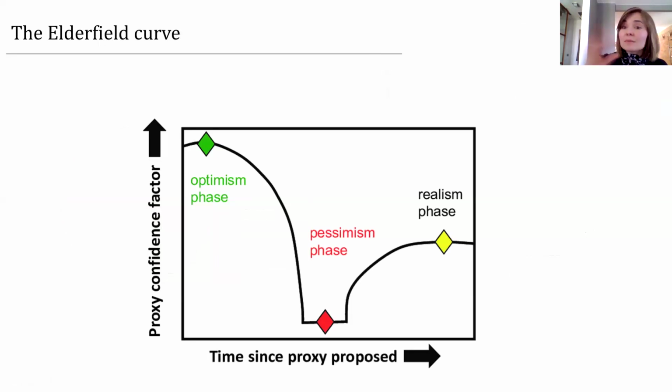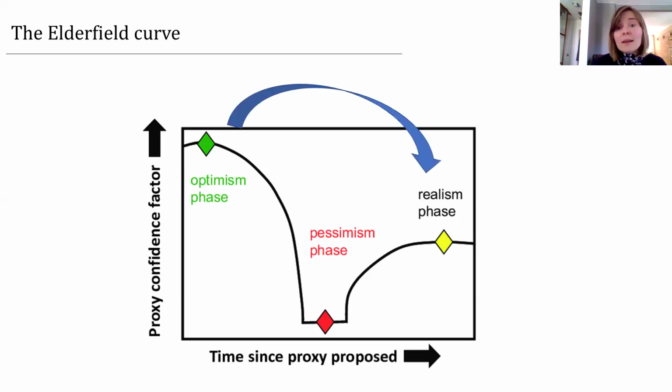We came from the extra optimism and this joy of having DNA in a sedimentary record and this huge potential of it, then to the pessimism when we face our problems, and now we can say we go to the realism phase when we are aware of the limitations of the method, and we are more aware of the problems that need to be addressed, and we do address them. I would say in the case of DNA, we quite quickly come to this realism phase because